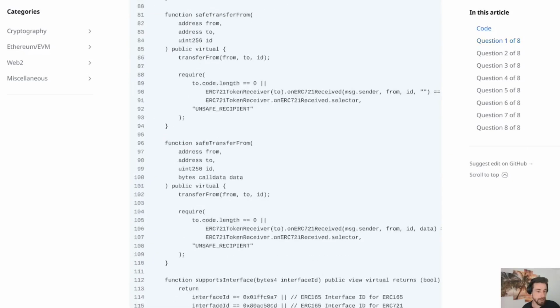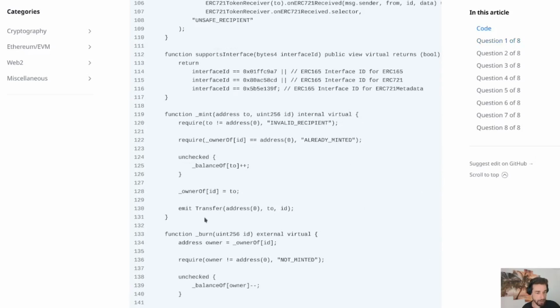So let's take a look at the _mint function. We have it right here, and it takes 2 arguments. It takes the to address, to where this NFT should be minted, and an ID, so which NFT should be minted, and it is internal. And usually this function is then called by some public mint function that does some sort of authentication or expects some sort of payment for the minting. And usually also the ID that is passed in here is incremental, so the same ID never happens to be passed in twice. And the code itself basically checks, it requires the to address to be unequal to